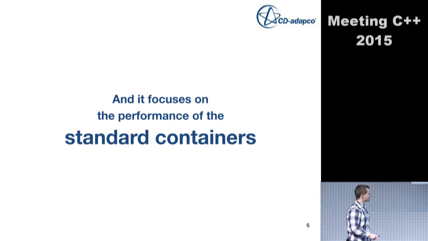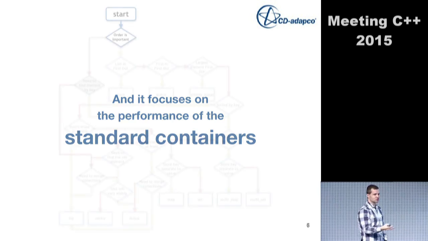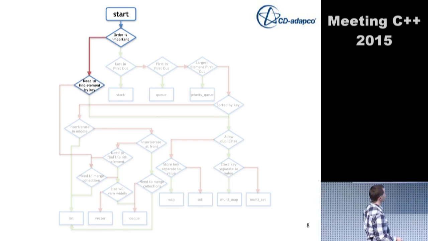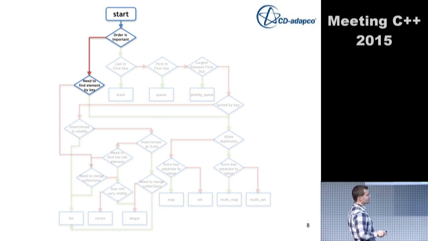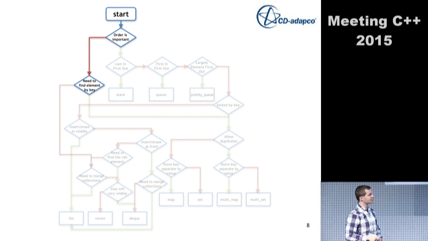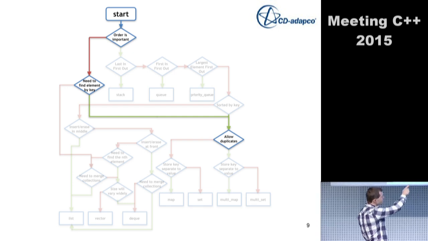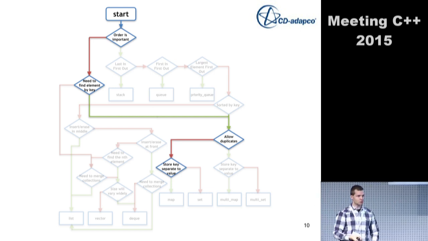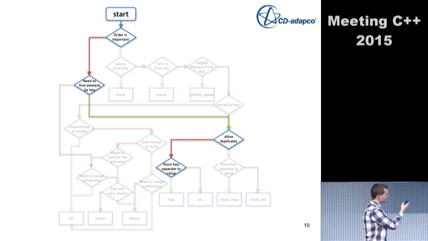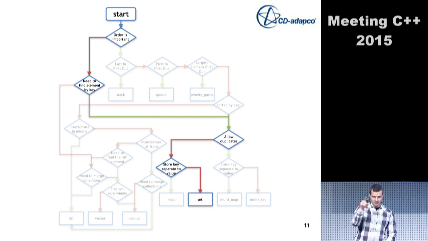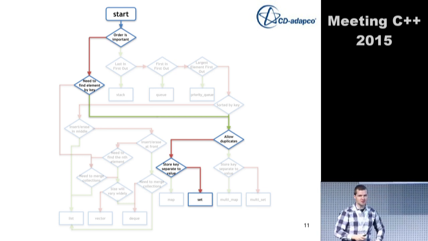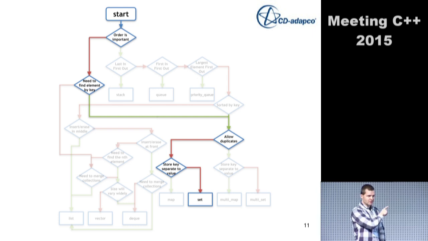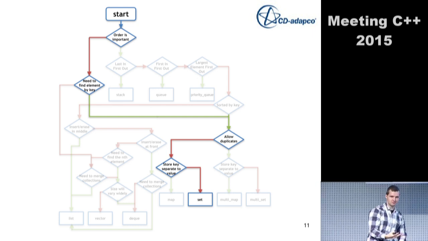For instance, this is something that you can find somewhere on the internet, kind of a decision graph. I'll give you an example. Is the order important? Well, I say no. Do you need to find an element by key? Well, in my particular case, yes. Do I allow duplicates? No. Store a key separate to the value? Well, no. And I end up with a set. So in this simple decision graph, I realize in the end, I should use a set to truly get the best out of my system.